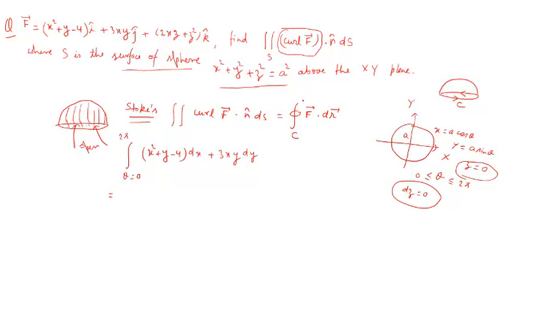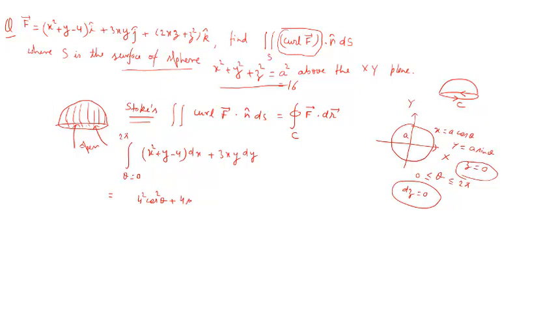Let me see the question again. It is not a square, actually a is given, it is actually 16. So we can take the value of a as 4. So what we get from this, x square will be 4 square cos square theta, plus y will be